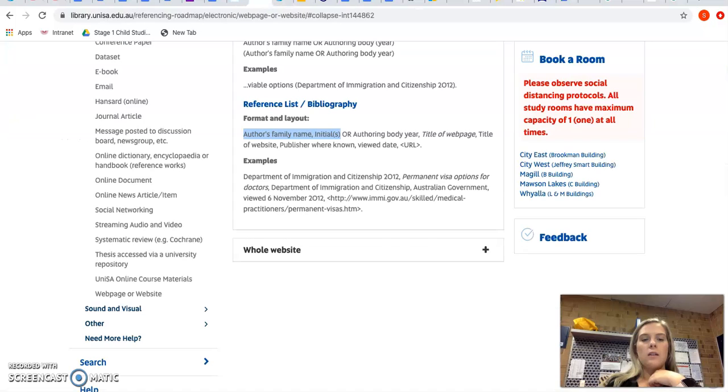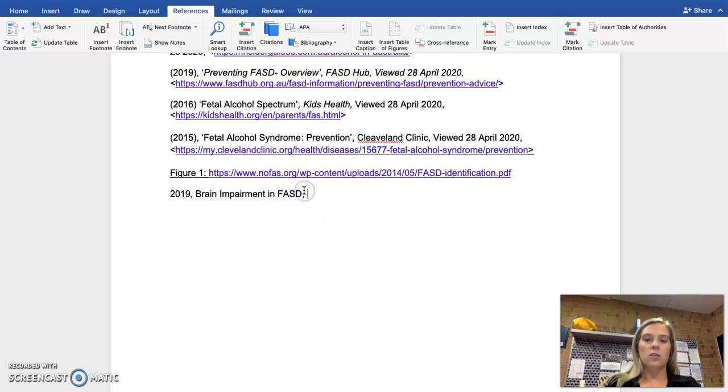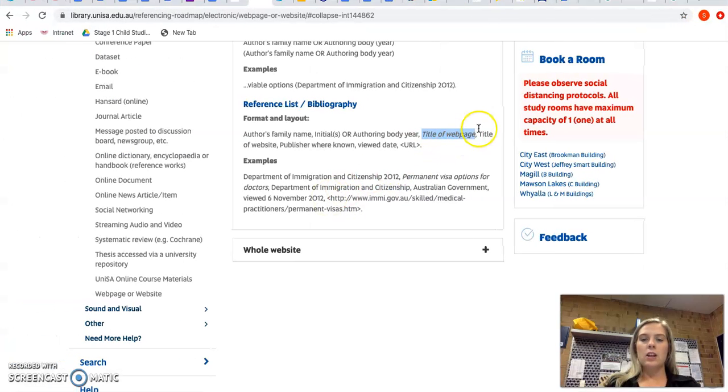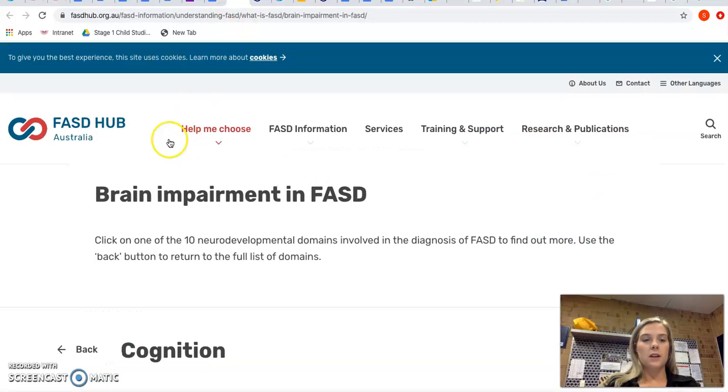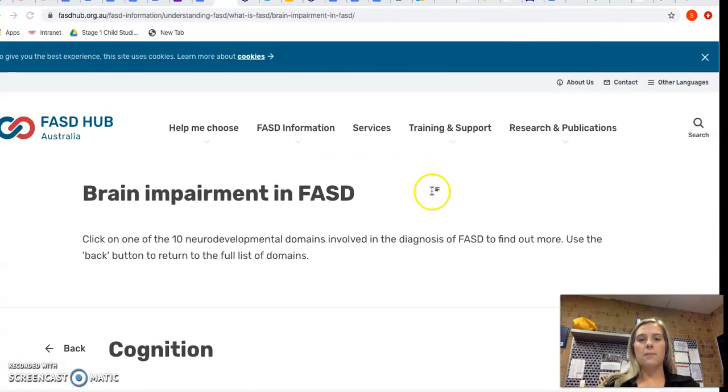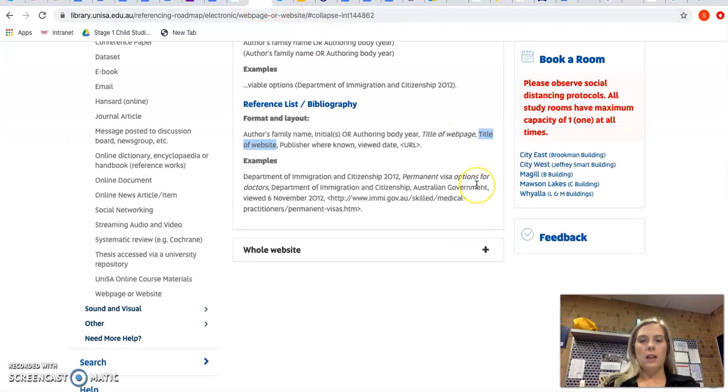Okay, the next thing I want to draw your attention to is pay attention to the little commas and where they are, but also pay attention to where you need to do italics. So the title of the web page actually has a comma afterwards, and then you need to italicise it. All right. Then you have the title of the website. So the website is then FASD Hub Australia. That is the website name. Okay, and then you have